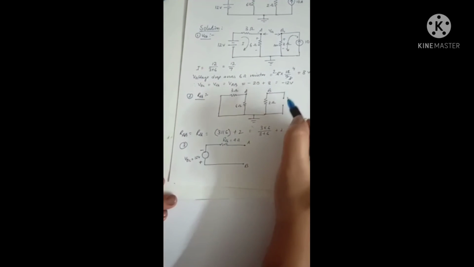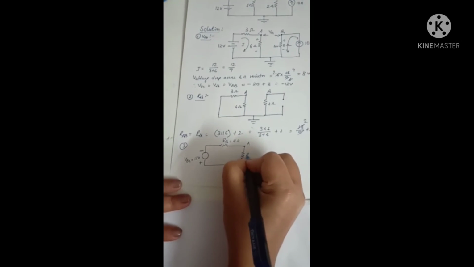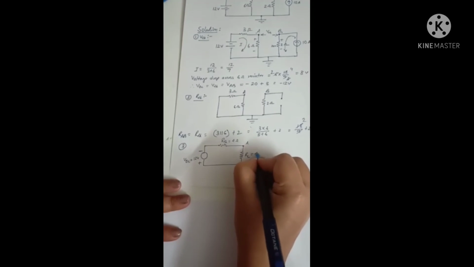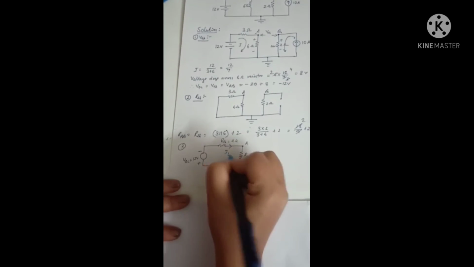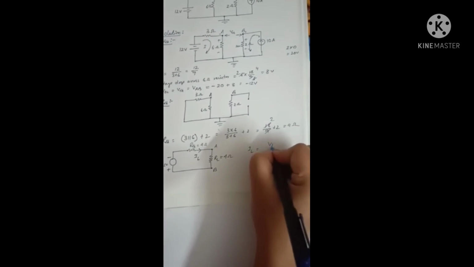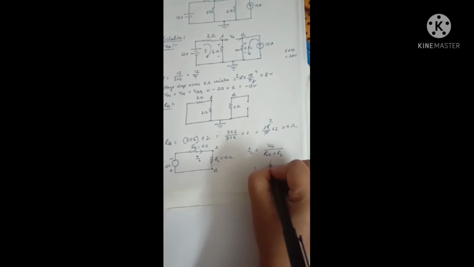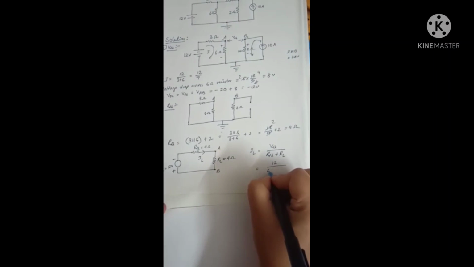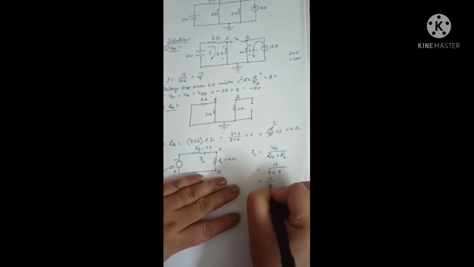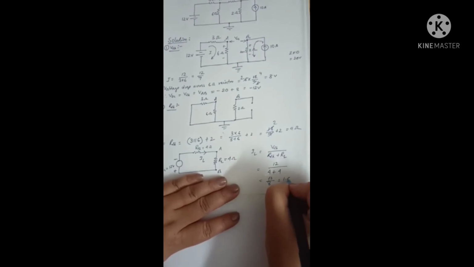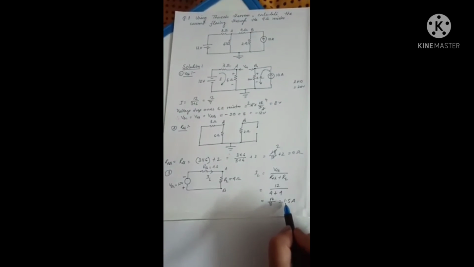Now in the next step, we will connect the load resistance RL back to the circuit, and this RL is 4 ohm in this case. And finally, we will find the load current IL. So IL will be VTH divided by RTH plus RL. VTH is my 12 volt, RTH is 4 and RL is 4. So 12 divided by 8, so it is equal to 1.5 ampere. So the current flowing through this 4 ohm resistor is 1.5 ampere.